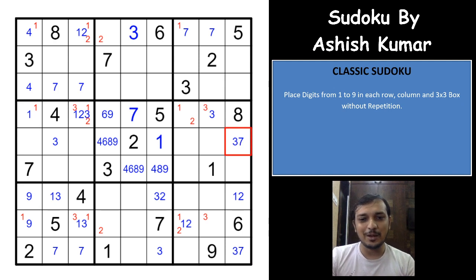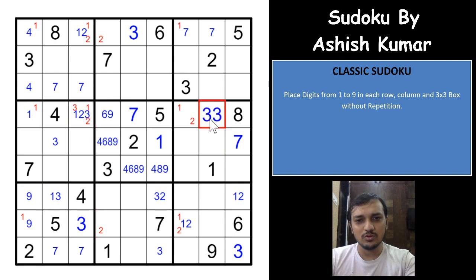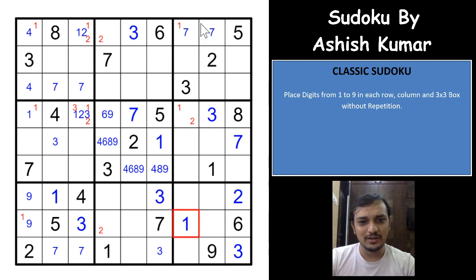And with that, now what happens here is you already have a 7 pointing here in row 9, which means that this would have to be a 3 now. This becomes a 7 now, and this 3 eliminates 3 from here, and now you have only one place for the 3 in row 8 that we used for the swordfish thing, and only one place for the 3 in row 4 now. This would have to be this cell, and because of the 3 here, we get here 1, we get a 2 here, we get a 3 here, and this 2 gives you a 1 here, and this 3 eliminates 3 from here,